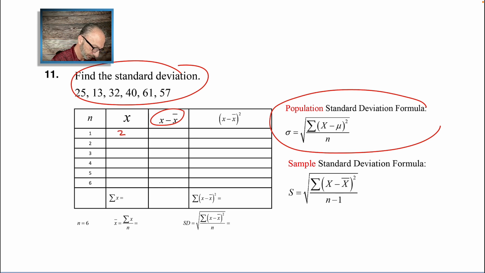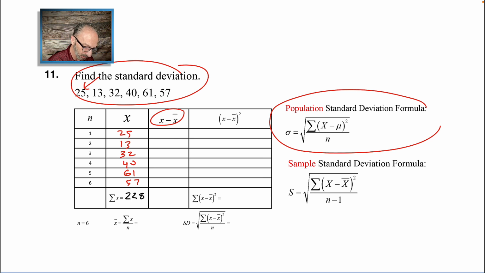25, that's this 25, 13 next to it, 32, 40, 61, and 57. We add them up, and I do have the numbers next to me so to save you some time from grabbing a calculator and doing it. 228. To find the mean,